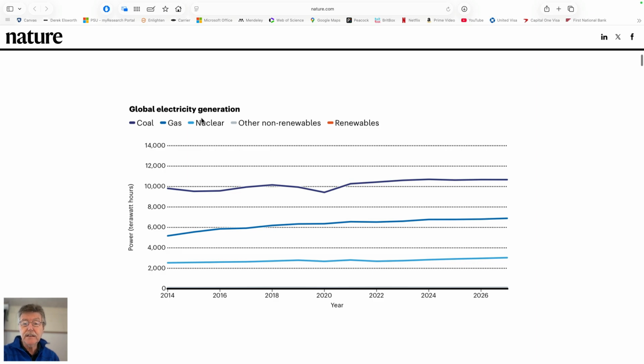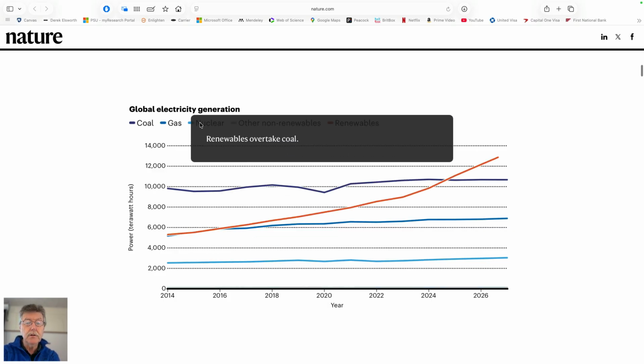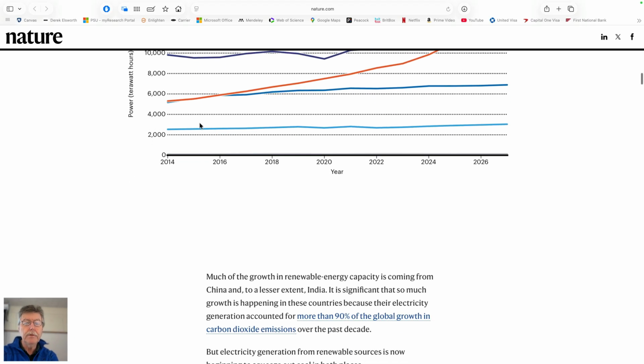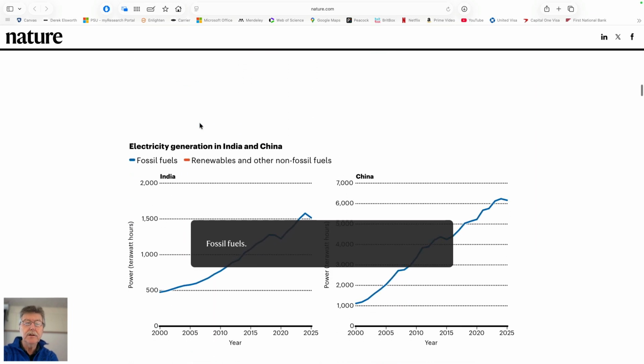I guess it's more than that because that's individually. There's no total on this. So 10 terawatts on coal, 6 on gas, natural gas by the looks of it, and a couple on nuclear. So it's more than 15 terawatts total. And I guess they're making the point that renewables, I don't know if that's in terms of capacity, not necessarily availability, because of course dispatchability for renewables is important. The solar panels on our house haven't been making much electricity the last 2 weeks with the snowpack on top of them. But it's interesting that it's been overtaken